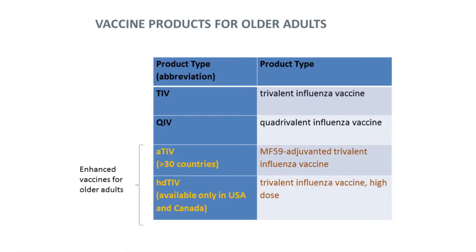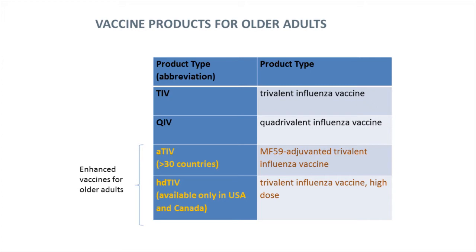At the end, that is what we want, right? Improve the clinical outcomes against influenza. And in addition, they need to be cost effective. So what we have right now, traditionally, are inactivated flu vaccines, the trivalent influenza vaccine, which covers H1, H3, and influenza B. Quadrivalent influenza vaccines have been introduced now that cover the 2 different lineages of B virus